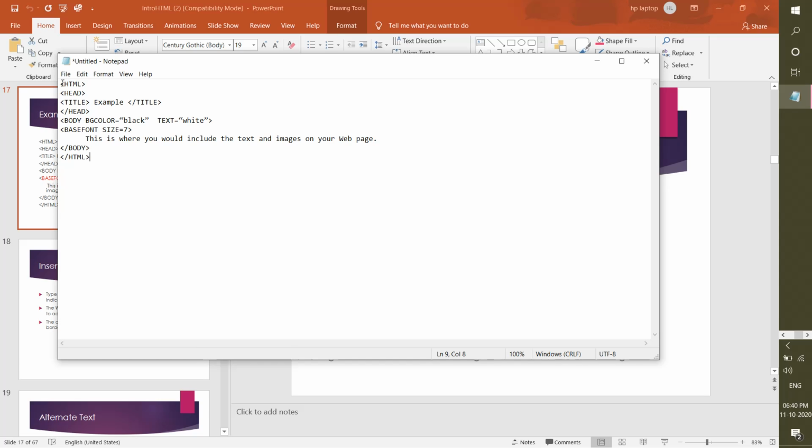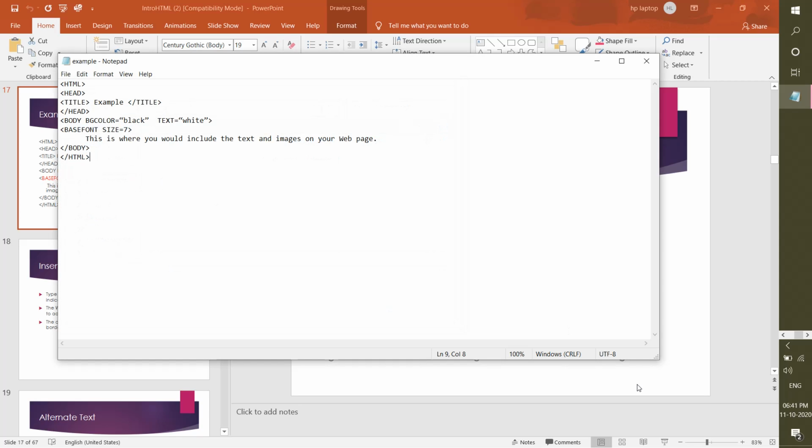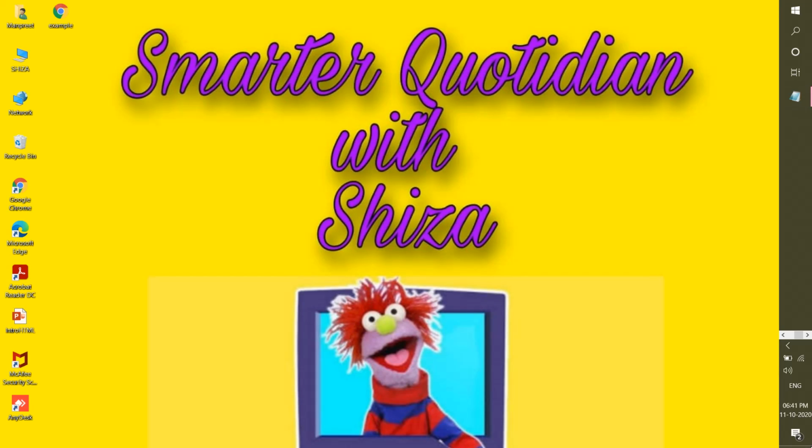We'll go to File and do Save As. We are saving it with the name example, suppose, and now .html, because .html is the extension of HTML coding web pages. Then we are saving it on the desktop and just save. Now we go to the desktop. Let's see what appears. It appears as example, in Google Chrome. That means the .html extension has converted it into a web page. Let's open it and see.